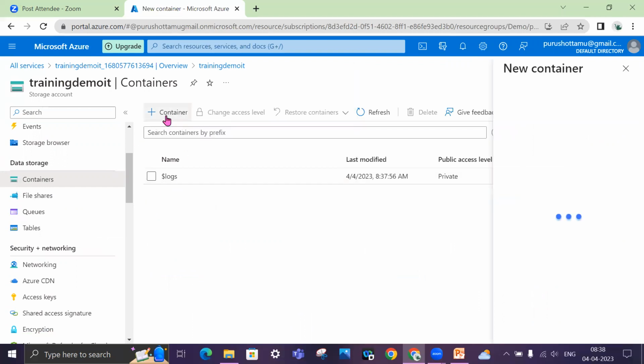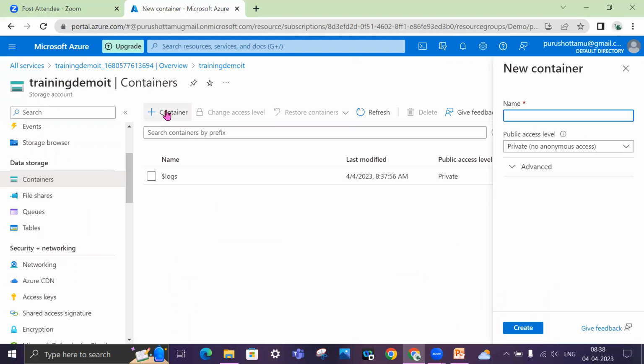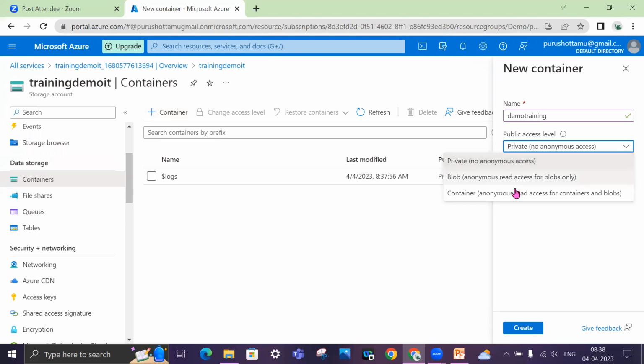For example, I want to create a container called demo training. Within that, there are different access levels available: private, blob, or container. Private means it's just for my purpose. Nobody can access it outside of this application, this ADF.